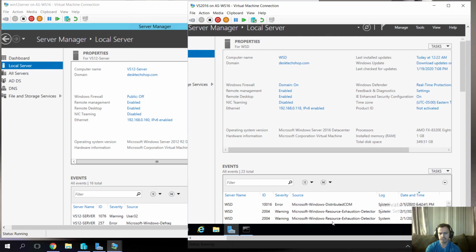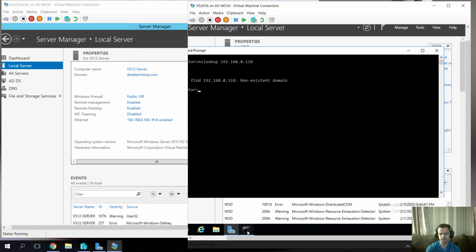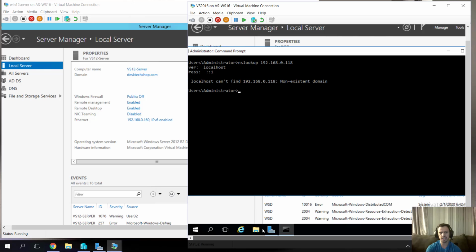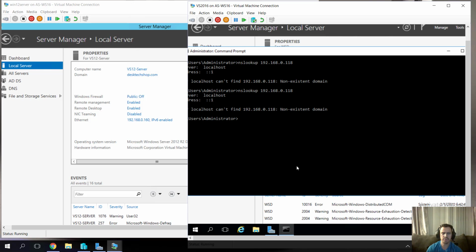I'm going to show you on a command prompt that I have open here: if I type the command nslookup and the static IP address of my server, which in this case is 192.168.0.118, and press enter,